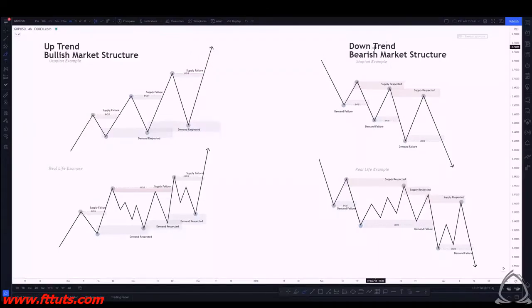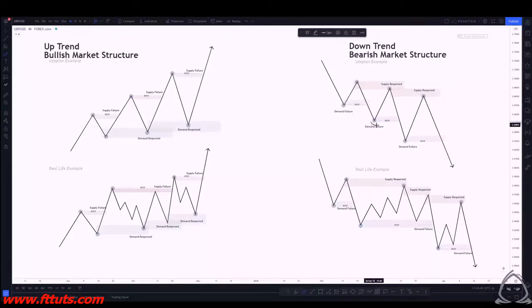And now on the flip side, we'll discuss the downtrend or bearish market structure. And what we can see when we're looking at the bearish market structure is that price creates a lower low. Price then retraces, creating a lower high. The process that creates the lower low creates a demand zone. And when price moves to the downside, breaking the previous lower low, which causes demand to fail, it creates a new